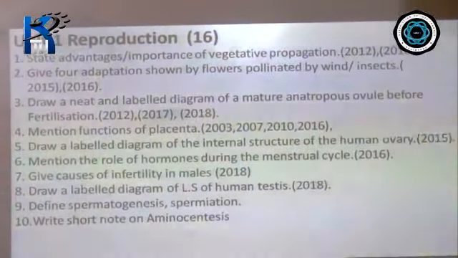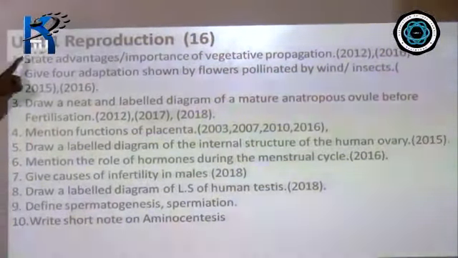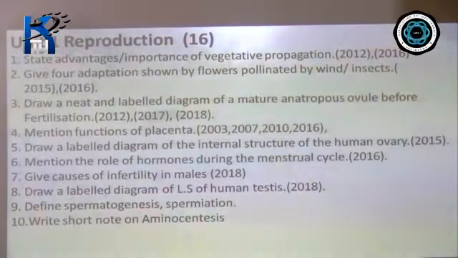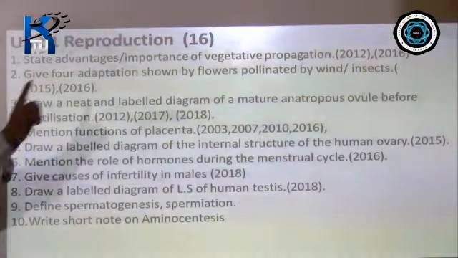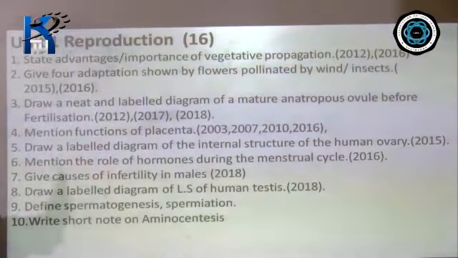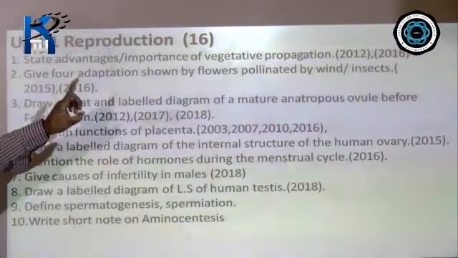And here, how many chapters come under this unit 1? You have reproduction in organism, sexual reproduction in flowering plants, that is angiosperm. Then you have human reproduction, and then reproductive health. There are altogether 4 chapters. From these 4 chapters, what is the total weightage of marks? 16 marks. 4 chapters, 16 marks.